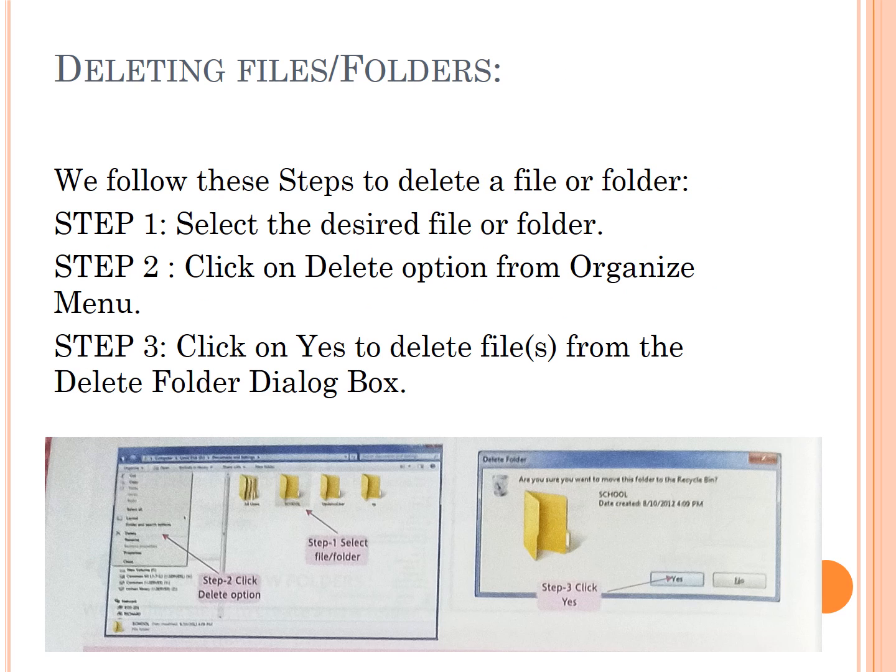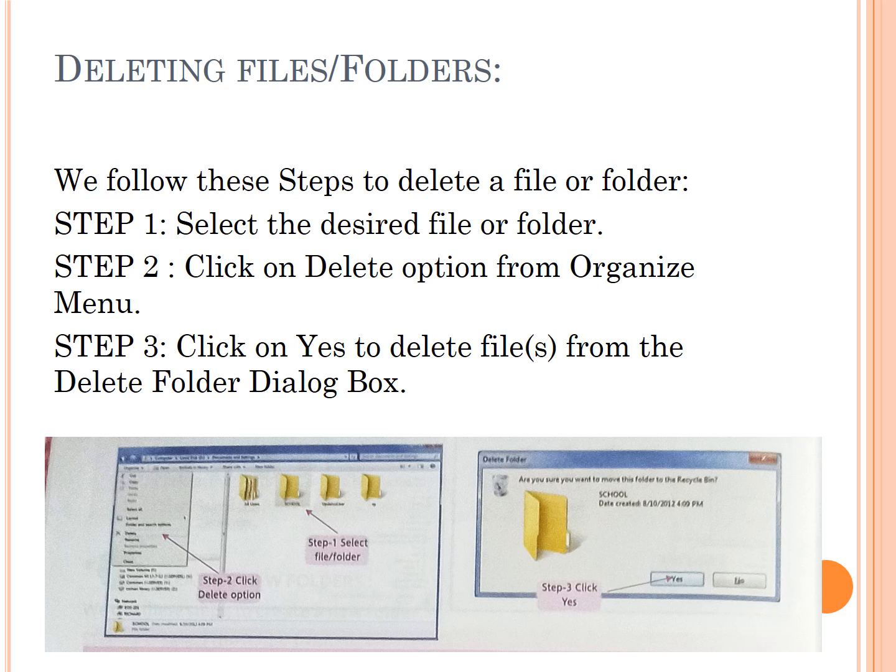Deleting files or folders: we follow these steps to delete a file or a folder. Children, if we don't want some of the files, we have to make our computer free to store other data. For that, we have to delete a file or folder which is not required. Follow these steps.